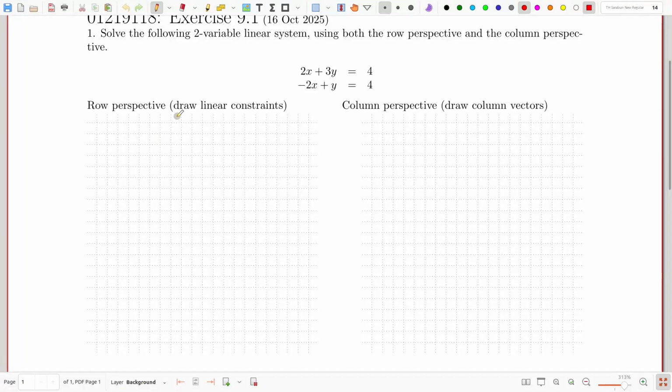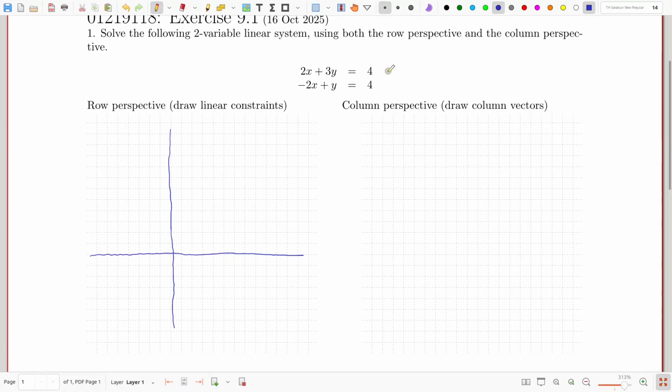I think. So let's say this one. Now so let's try to find a set of x and